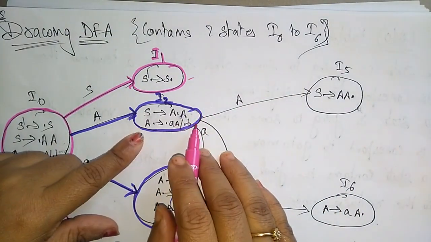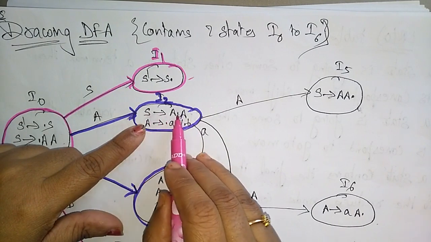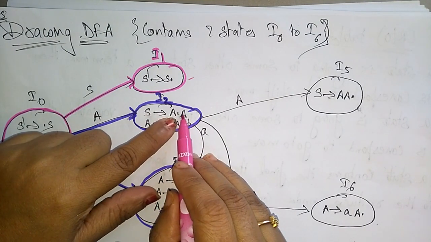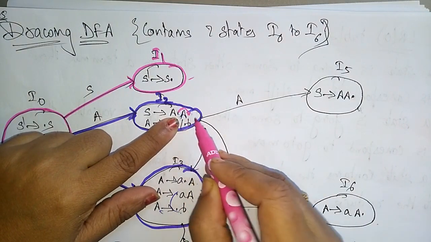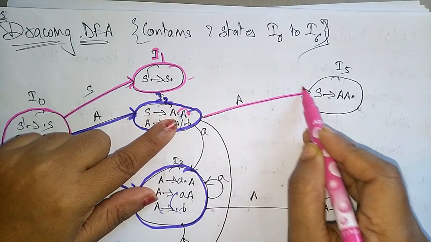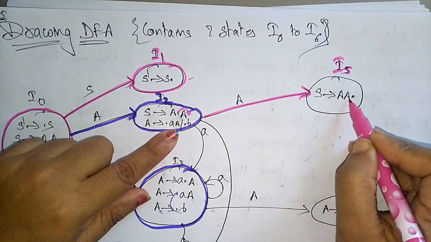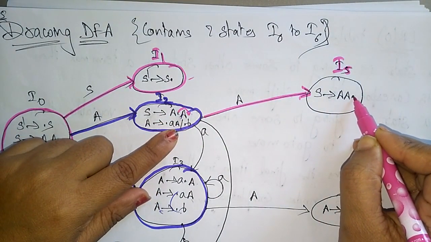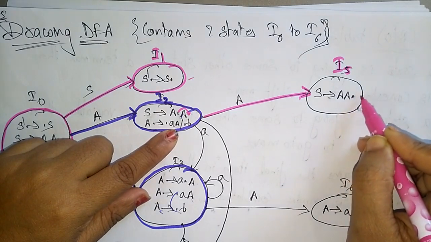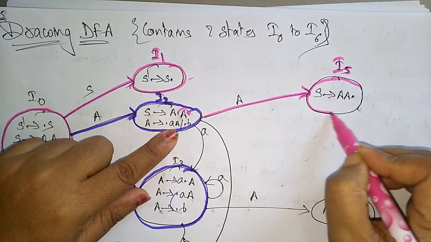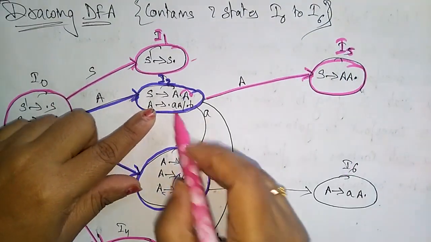And now coming to I2. I2 has the first production on A, S determines A dot A. On A, you just move this dot to the right hand side. Then I5 becomes S determines A dot. After the dot there is no non-terminal, so you can stop this production here. You can stop this state here. Next